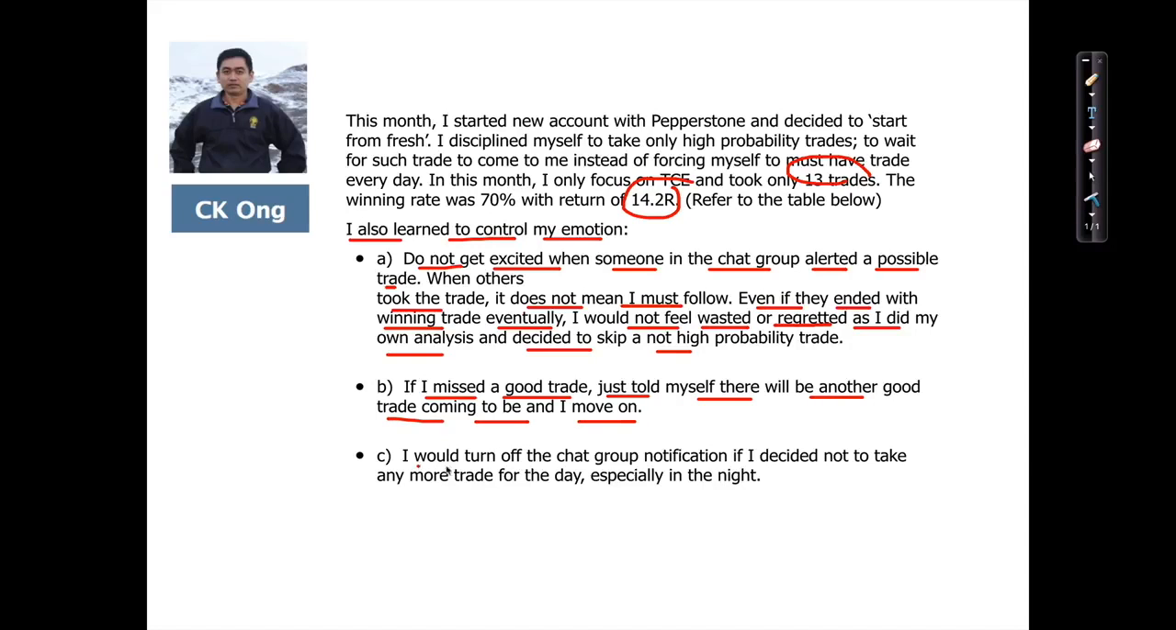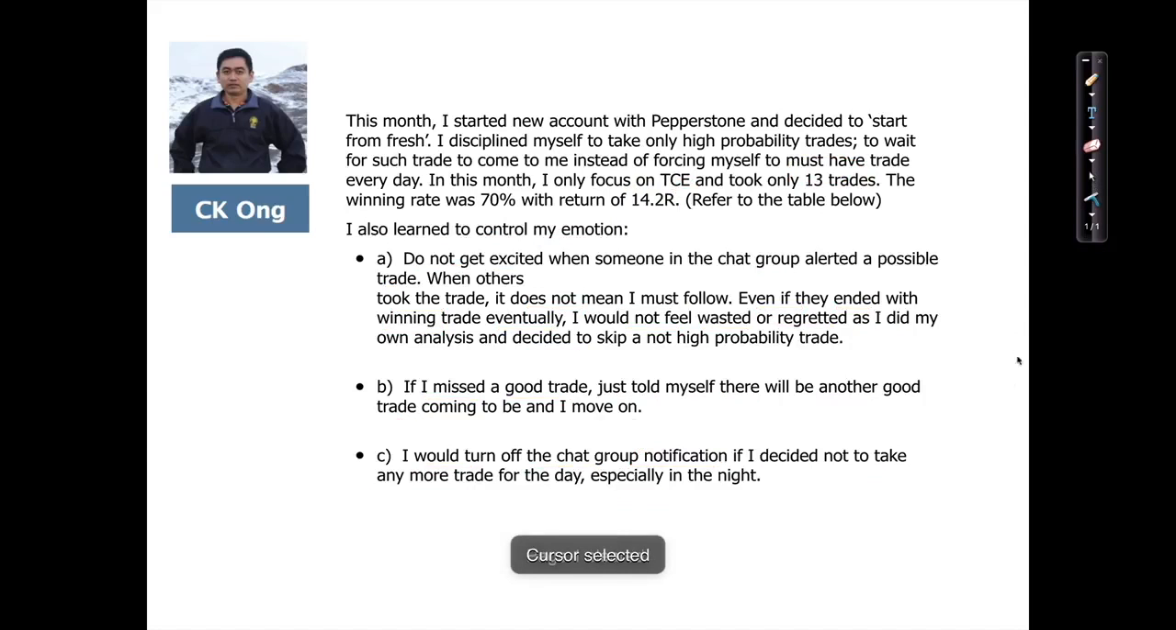I like this one. I would turn off the chat group notification if I decided not to take any more trades during the day, especially in the night. Okay. All right, cool. And this was his result